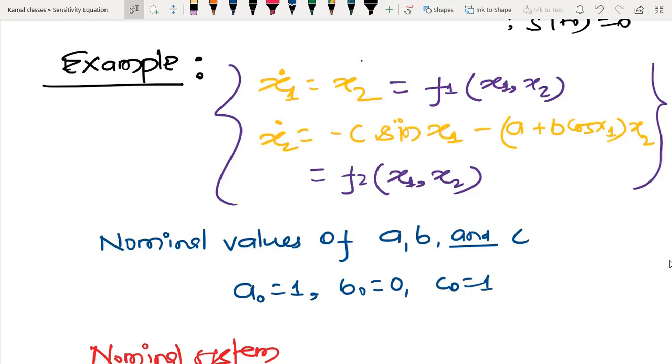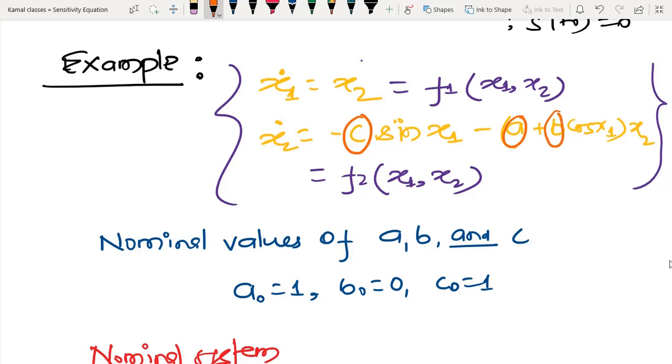Just you have to make sure that whatever vector field, that should be differentiable in all arguments. Okay, so here I have taken the autonomous system. If time is available, that is also okay; if not available, that is also fine, because whatever theory I have generated for the time varying system is obviously applicable for the time invariant system. So here you can see that in this differential equation I have three parameters: a, c and b.